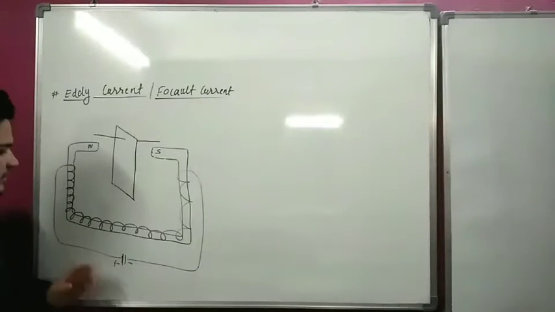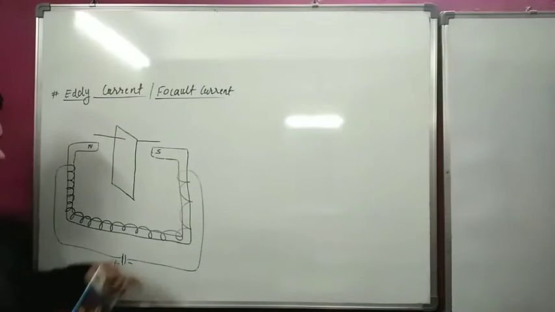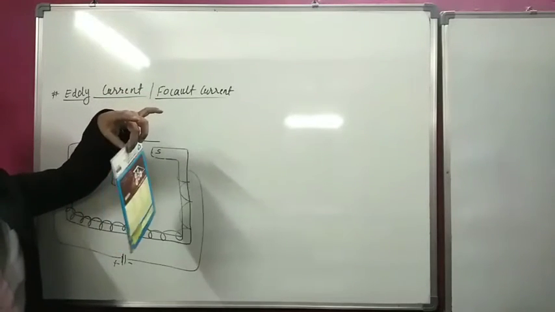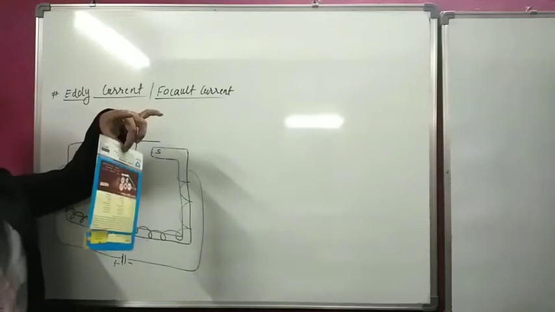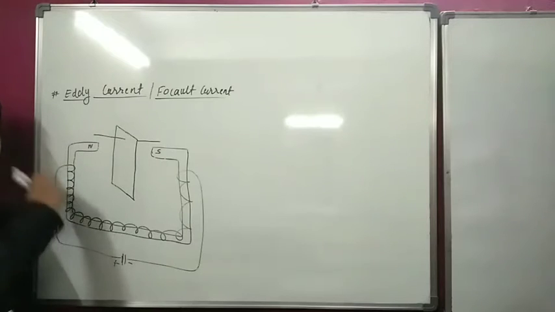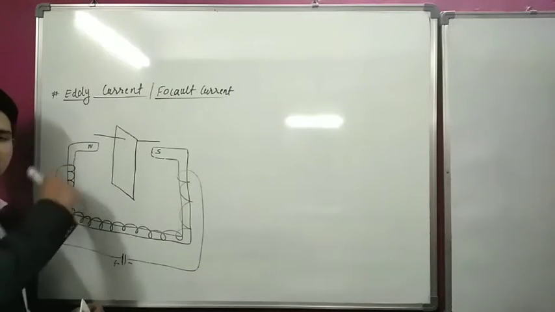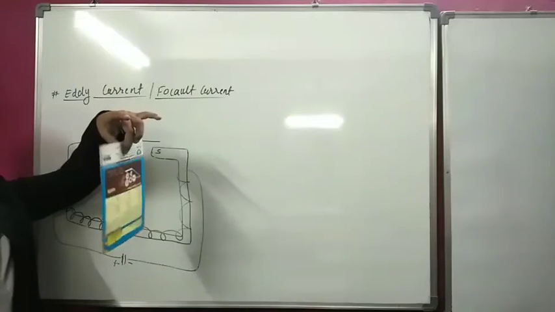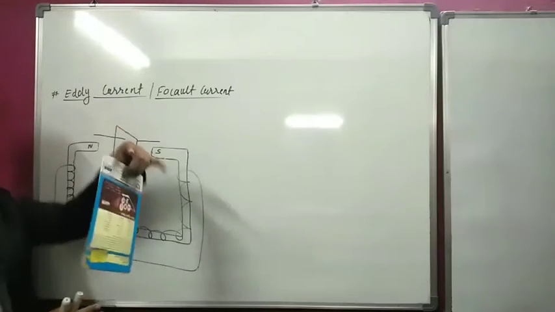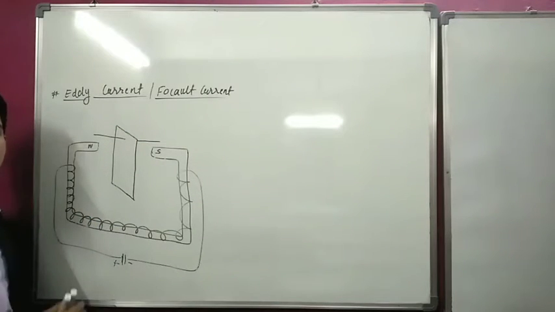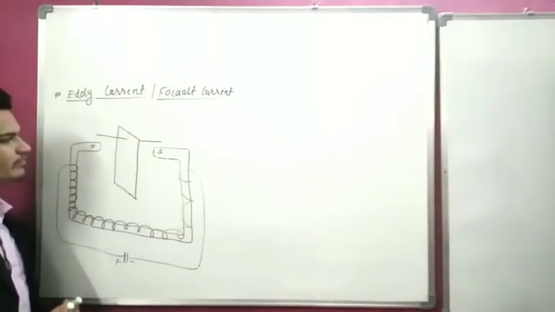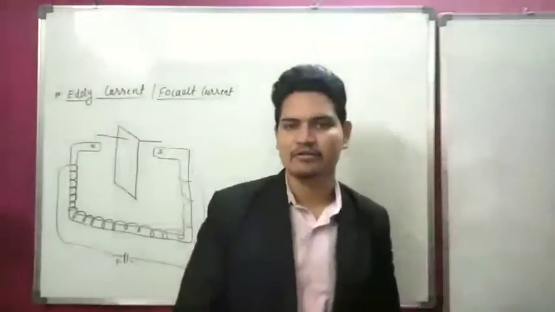When there is no electricity, then it will move for a long time and stop due to air resistance. And when we flow current in this coil, in this magnet, then it will not move for a long time and will stop due to eddies. Eddies are produced like in water. So this is called eddy current. So we can explain eddy current. You can draw the diagram.